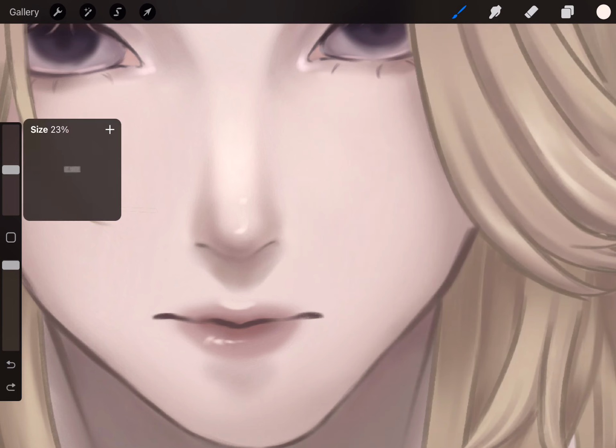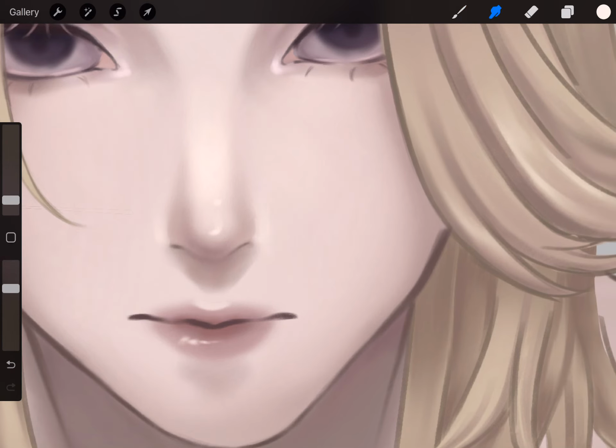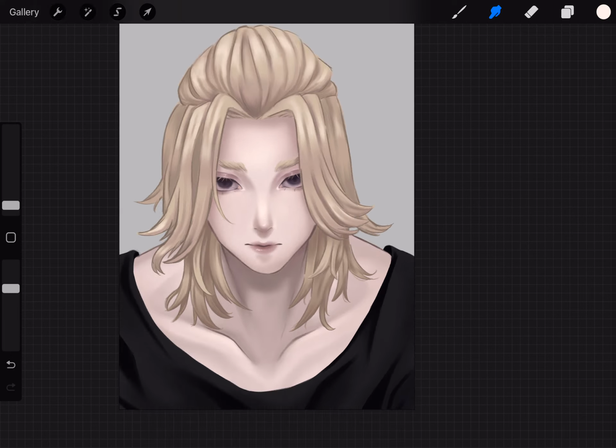And we're just gonna highlight the sides just to make it stand out a little more, and then we're gonna blend that out. Yeah,